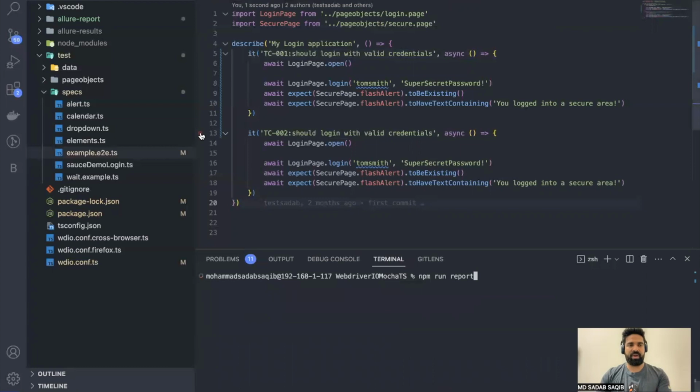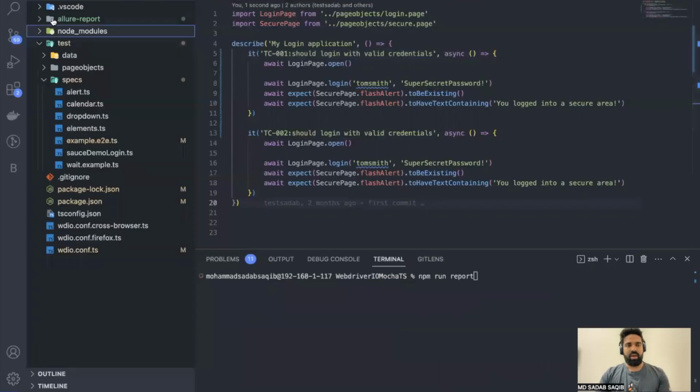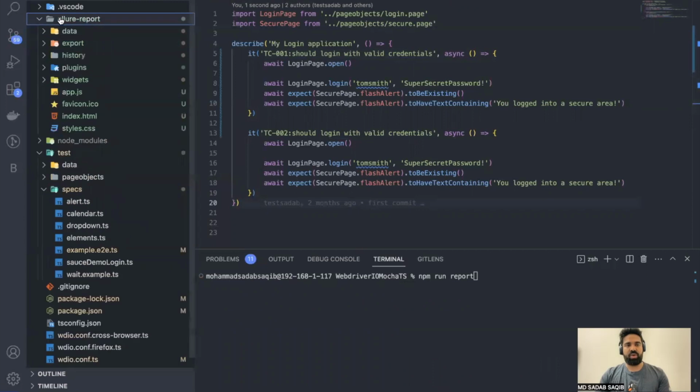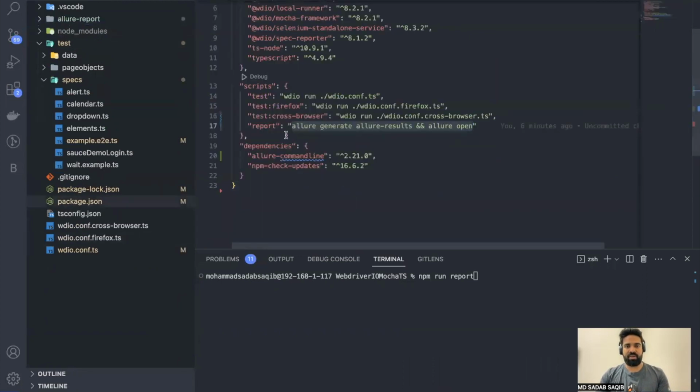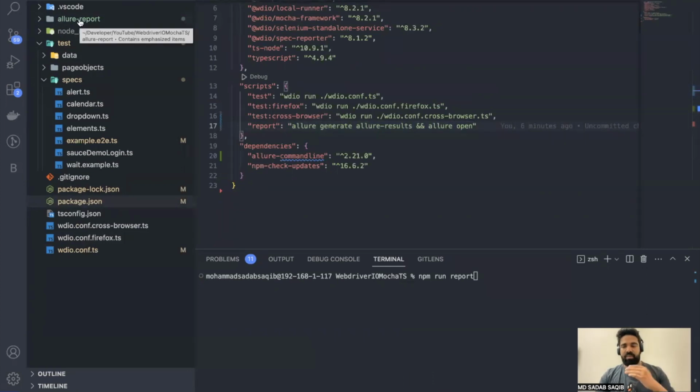But before running my test, I want to remove this report as well. Allure results, I'm going to delete again. If you notice, this Allure report also was created as a folder when we generated a report. When we executed our command in package.json, it created the Allure report, which is human readable, based on your XML file. Now let's try to run our test again, and then we will see whether our WebDriver